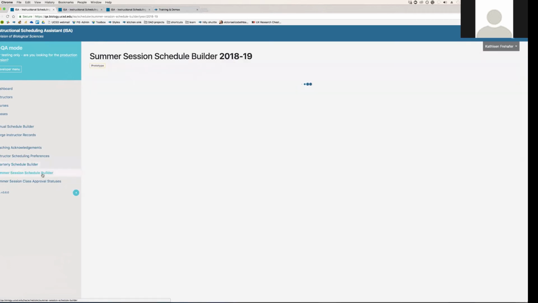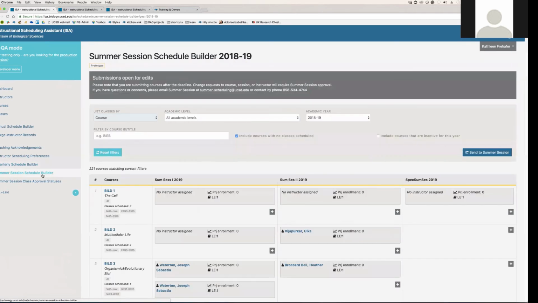So this is new because there's a slightly different process for summer session, but we are working with them and working with the registrar's office to align and to all use the same system so that we can cut down on any miscommunication or inefficiency that might happen from having different processes. So we are launching this on Monday, as I mentioned, and there will be some communication going out about that. And to support everyone with that, the office hours will be offered throughout October, in the 2nd and 3rd weeks of October,